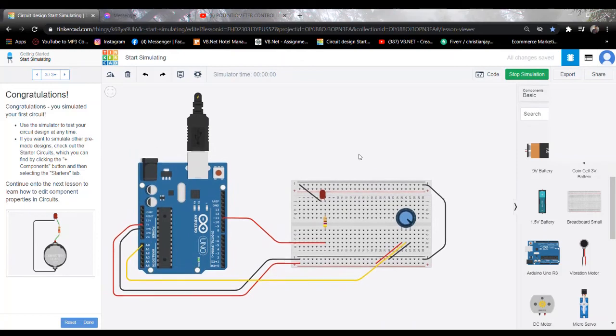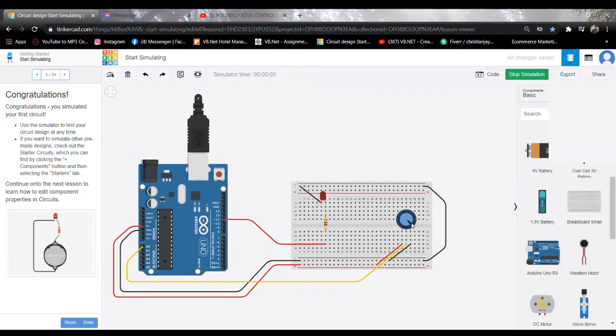So 1023 minus 0 is... okay. So from 1023 nga delay ang top na niya ani, karon ma-reverse na siya into 0 delay. So makita ninyo